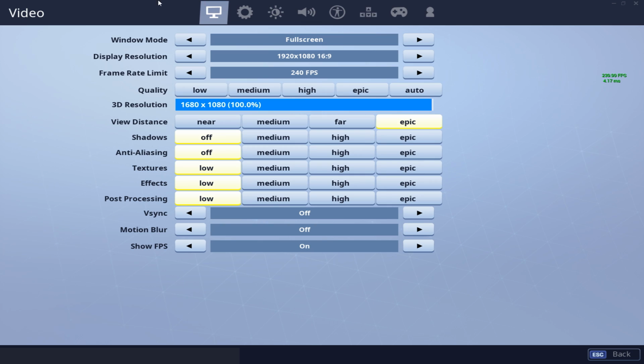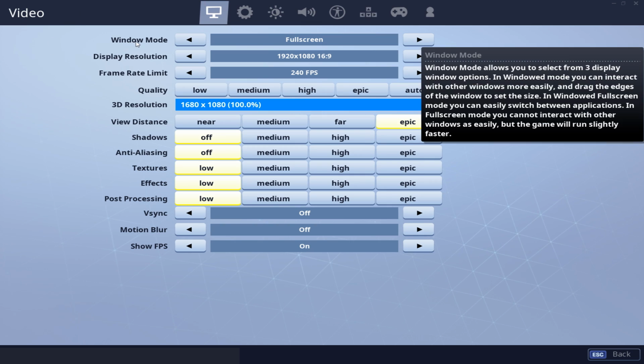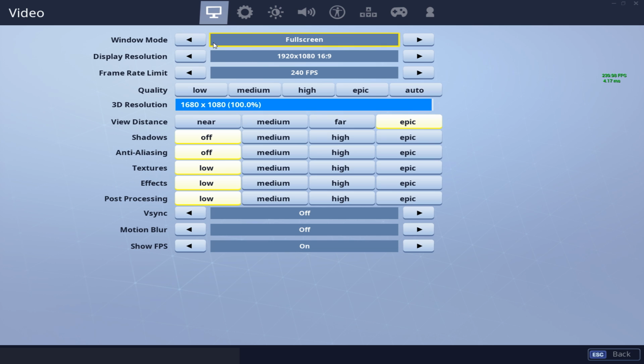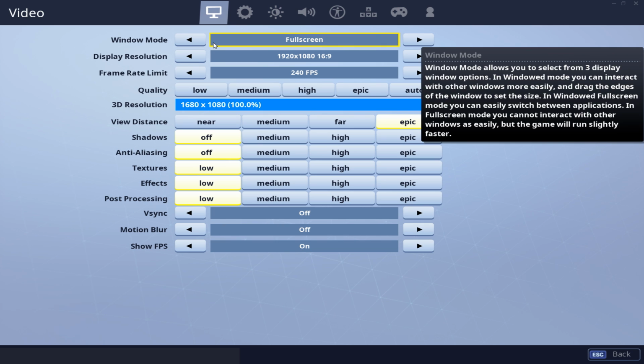Your window mode should definitely be set to full screen. If you don't know this already, there will be slight input lag if you play on windowed or windowed full screen. There's definitely going to be a lot of people who are ready to comment saying that they play on stretched and it only allows them to use windowed full screen or windowed. So I'll leave a link in the description to a good video by I'm Speedy Gonzalez that shows you how to play stretched in full screen, so go check that out if you're having trouble playing stretched in full screen